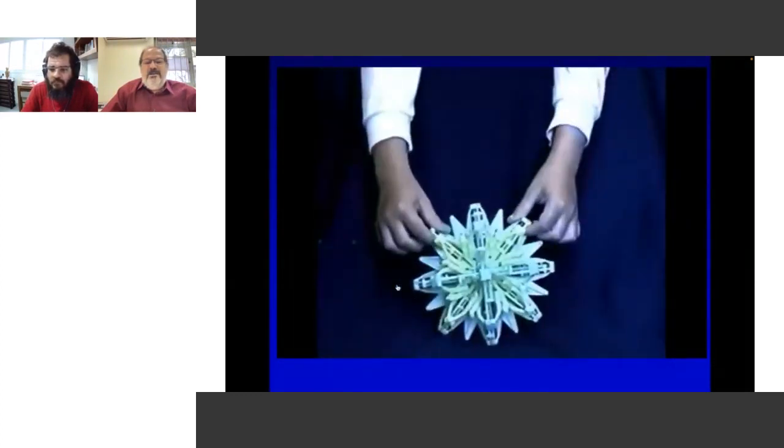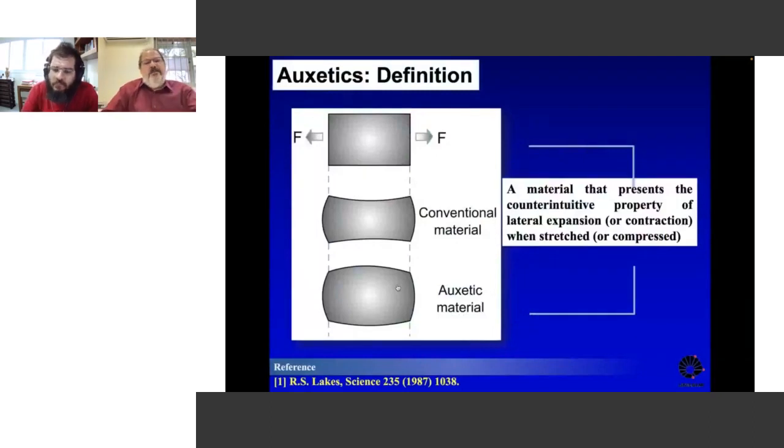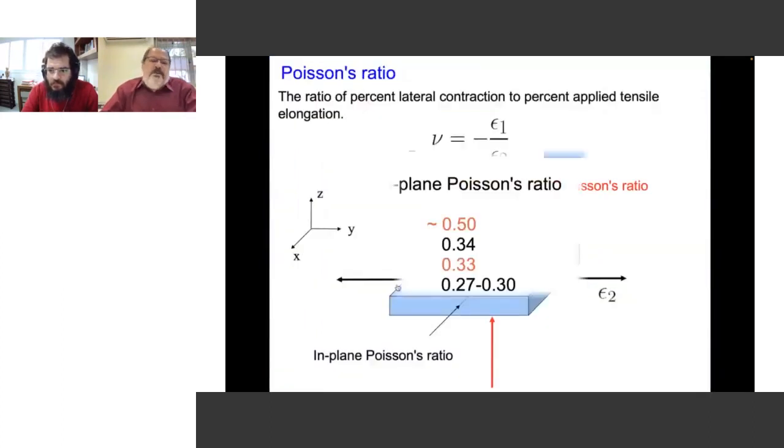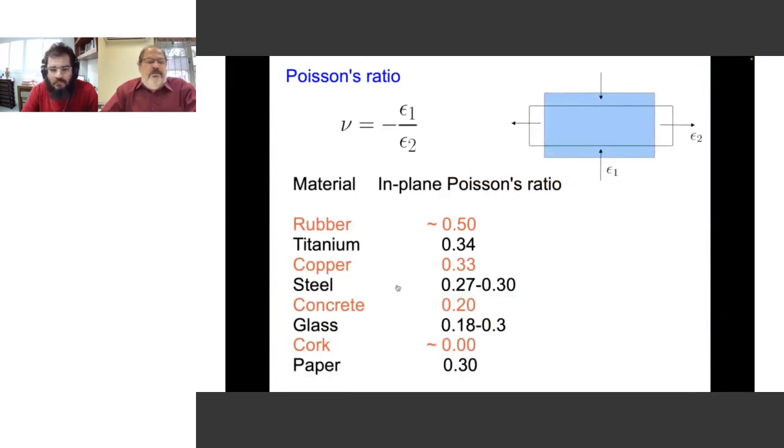See, kids become fascinated. If they're 3 years old, they become fascinated because they understand that something strange is happening, but they cannot figure out what it is. So as I mentioned, the definition for that material is very simple. Just measure the Poisson ratio. If the Poisson ratio is negative, then you have auxetic material. There are only a few of these materials in nature, and cork is probably the only natural material that has zero. It's more difficult to find an auxetic one.